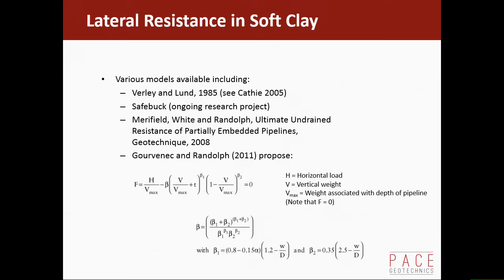One point to make is that undrained shear strength doesn't appear in that equation, which at first sight might seem a bit strange because that's the strength of the soil, but in reality the depth of embedment is a function of your soil strength. And that's what drives the lateral resistance, so it sort of cancels out, if you see what I mean. And the other one